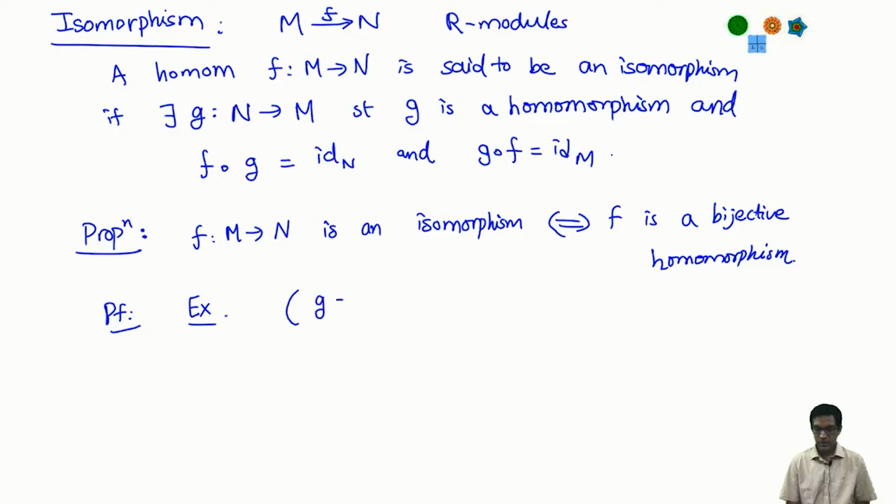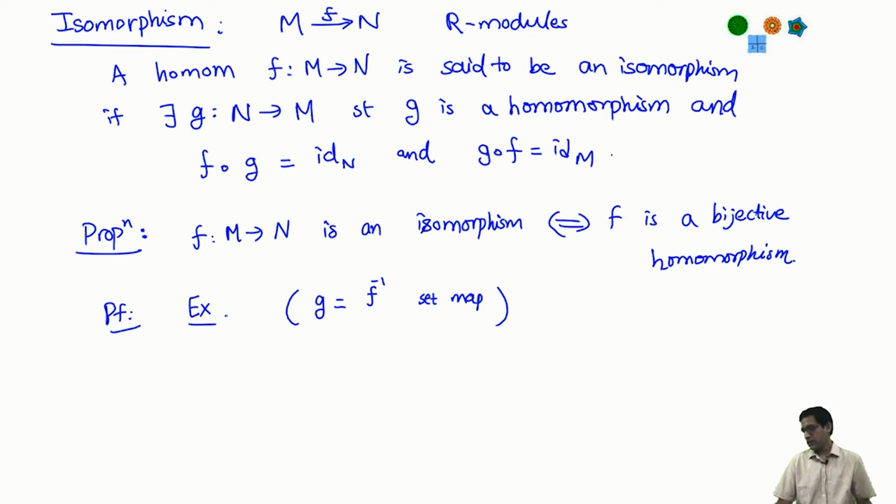Why? Because recall, if I have a bijection between any two sets, then I have something called an inverse set map. At the moment, this is only a map of sets, which goes in the opposite direction. But it's very easy to check that because F is a homomorphism, the inverse map will also acquire the same properties of a homomorphism. So you can check that easily. So here's a little exercise. An isomorphism is nothing but a bijective map of sets which is also a homomorphism.